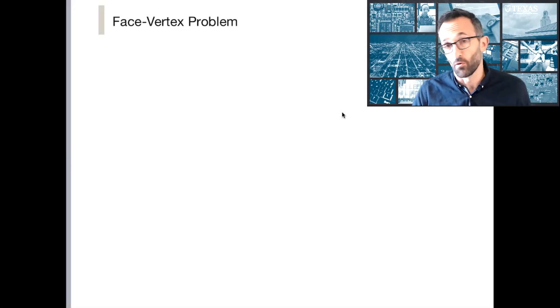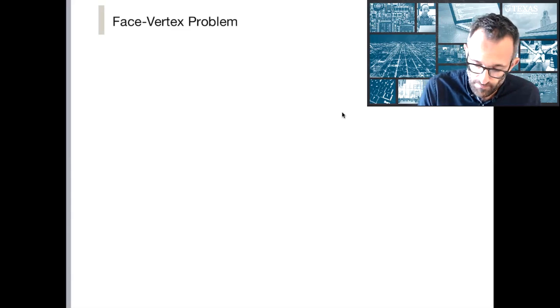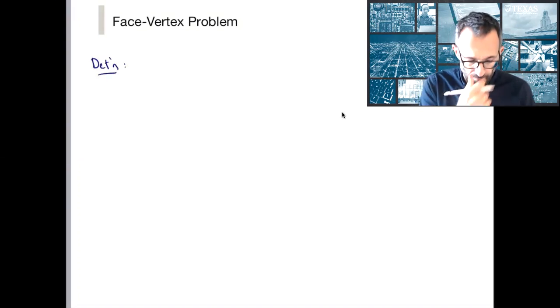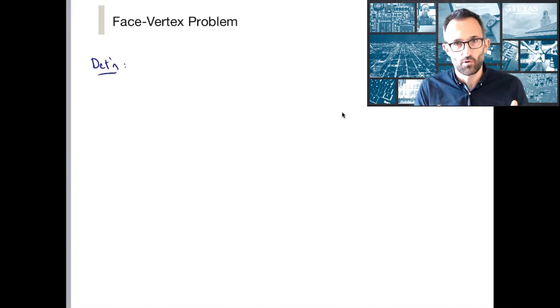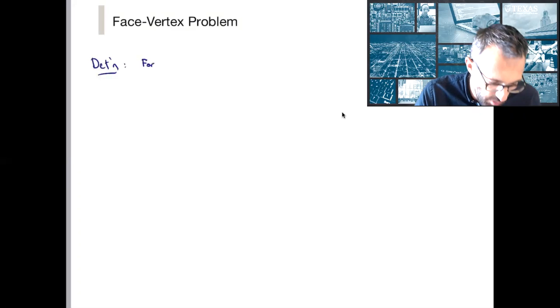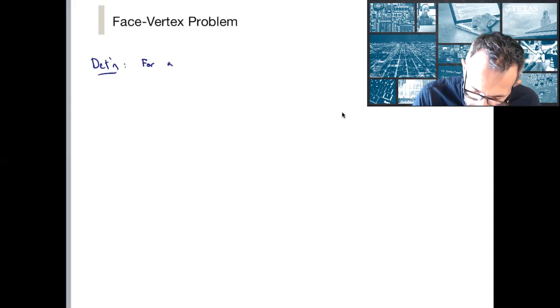And the first thing that we need to do in this direction is to define a problem for which we're going to use non-deterministic communication complexity. And so we're going to define the so-called FACE VERTEX problem. It's defined as follows. We have a polytope that has some number of vertices and faces, the same way that we have described it before. I won't enumerate them all here. We don't need that quite yet. So the problem is as follows. For a polytope